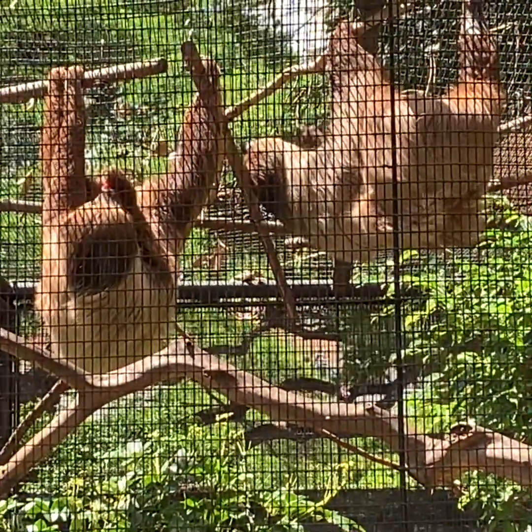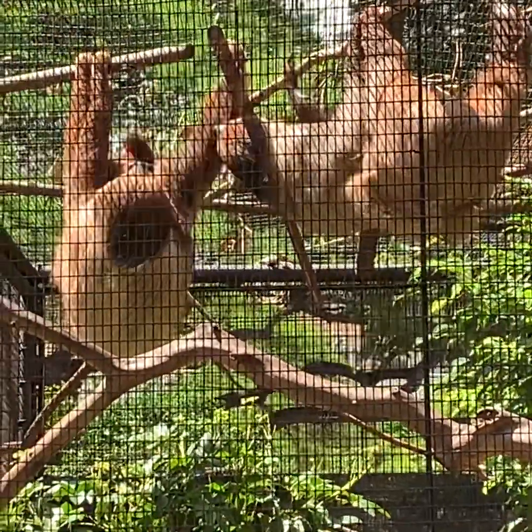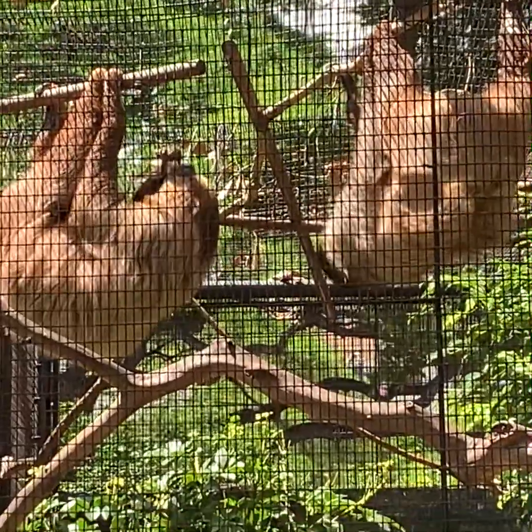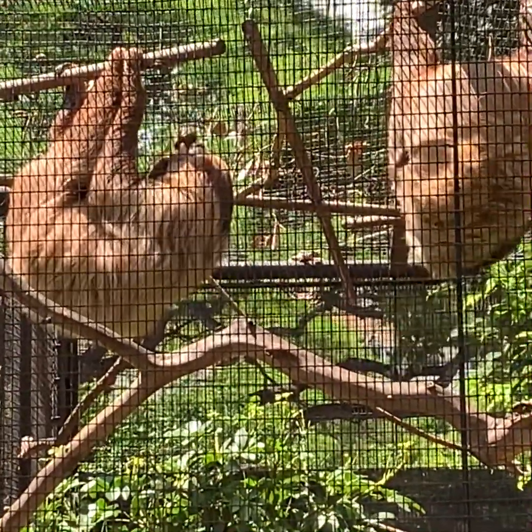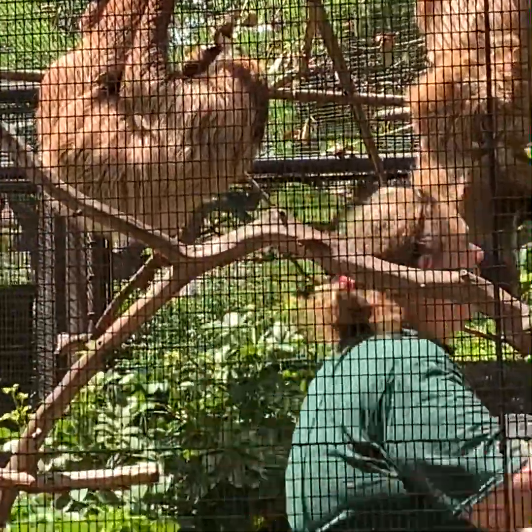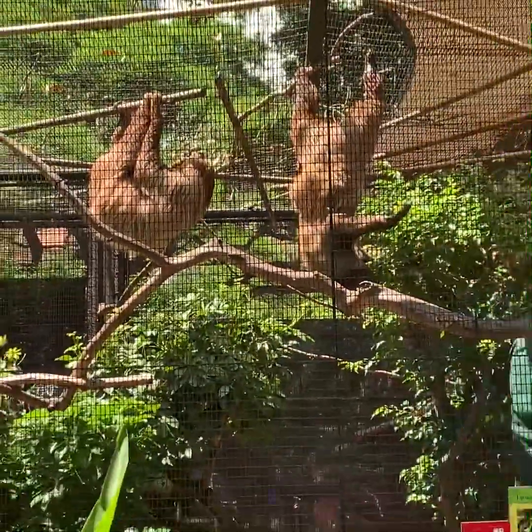This is Ditto, by the way. He's our male golden lion tamarin. And you can see, oh, he's getting some crickets right now for enrichment. Enrichment is anything we can do to make sure each day is different and interesting, whether it's crickets for them to hunt or piñatas or toys to tear apart. The sloths are only up for 15 minutes, so